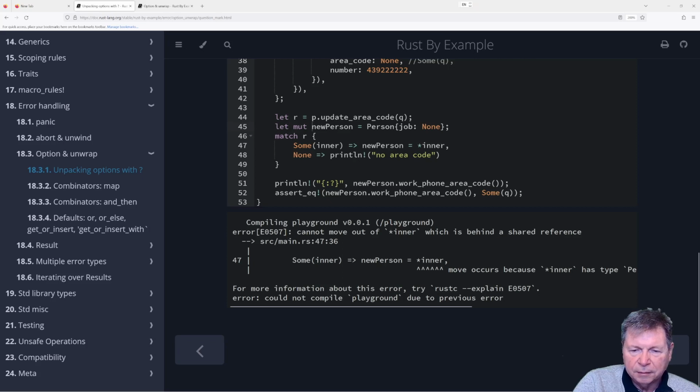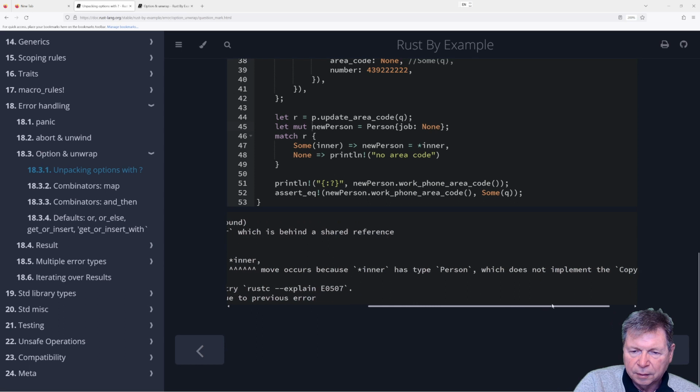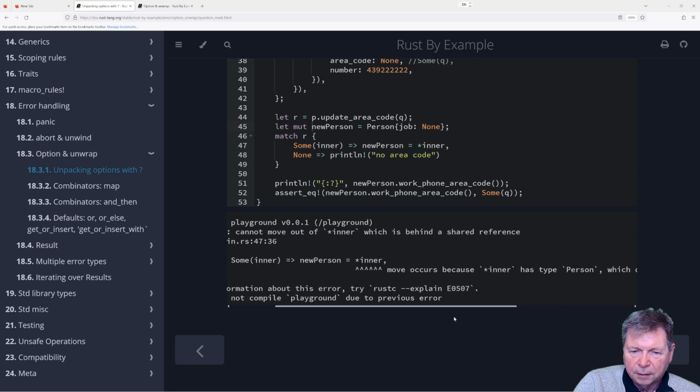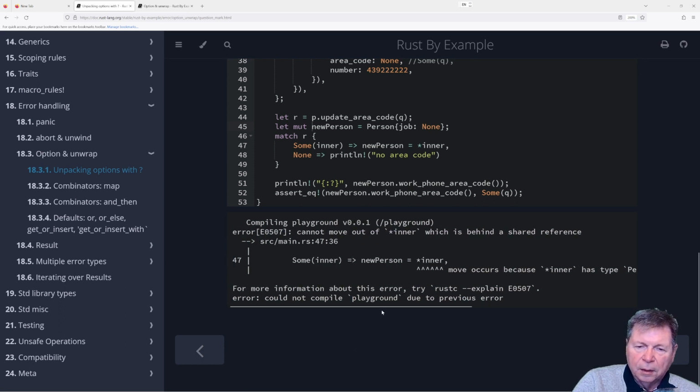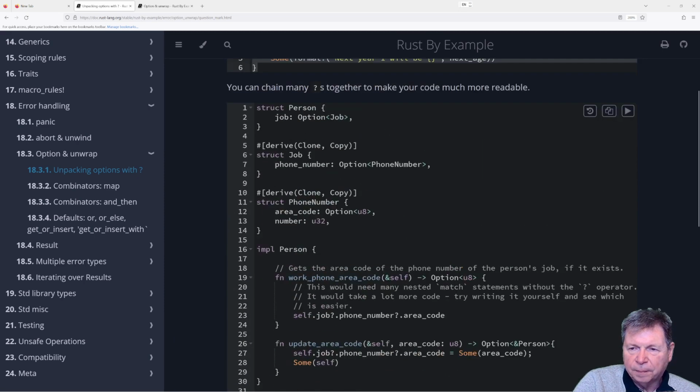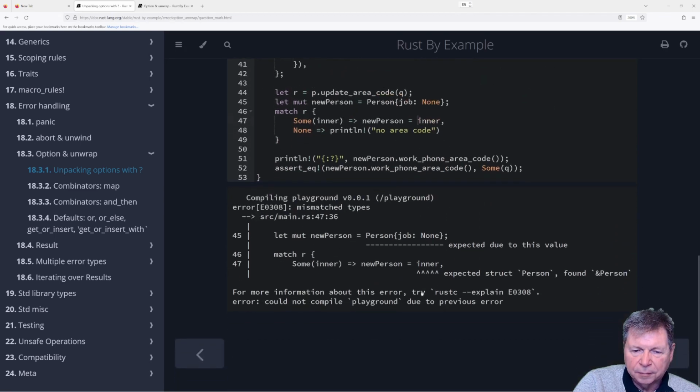Okay. So now, cannot move out of inner, which is behind a shared reference. Okay. So let's do that. I don't want to make, well, I guess am I making a copy?